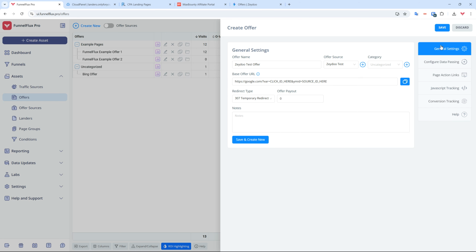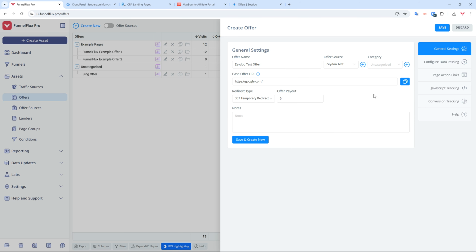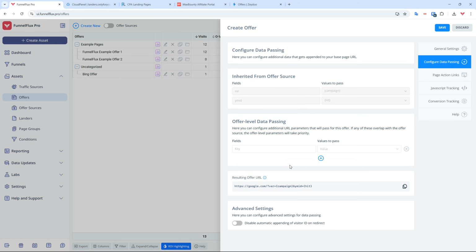So what I need to do is go back here and delete this var and YMID and simplify that URL so that we do not have these conflicts happening. Technically, the URLs would work if we let this happen, but we stop you from saving in this situation to avoid broken data parsing where the tracking might not work because of the way it's adding two parameters. Okay, so hopefully that makes things clear in terms of how the data parsing works and how the offer source